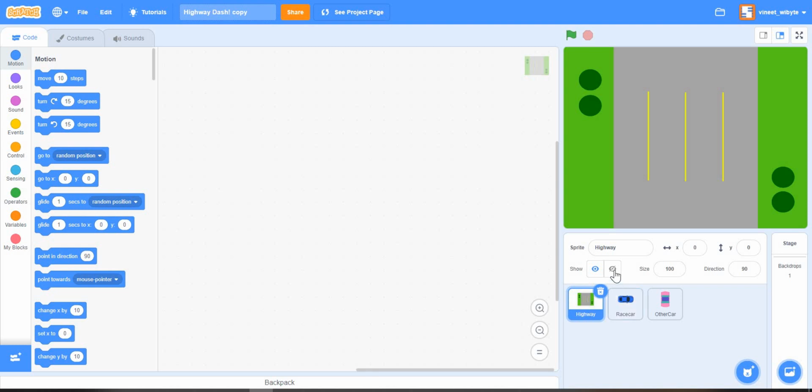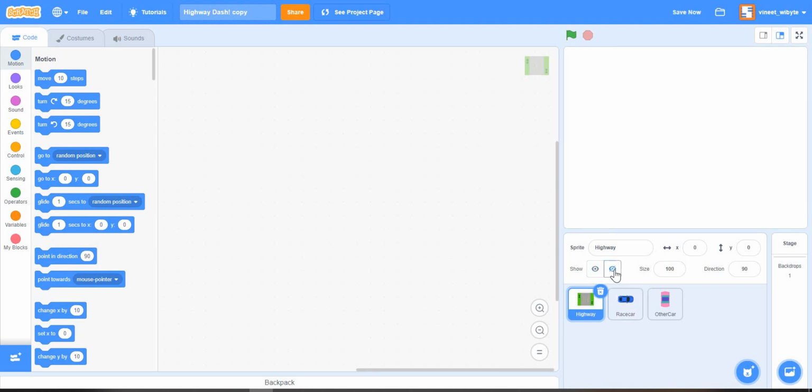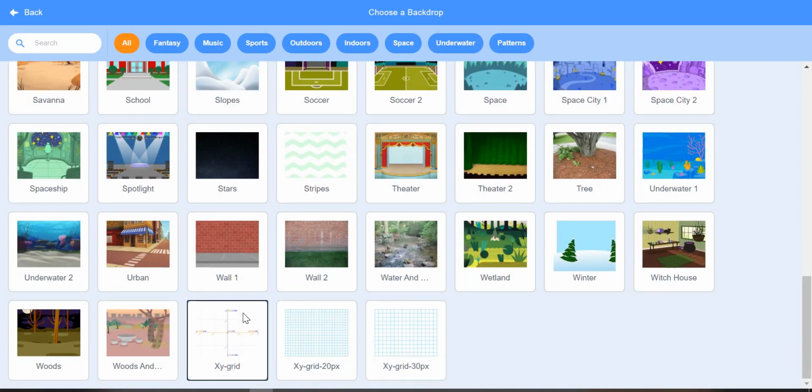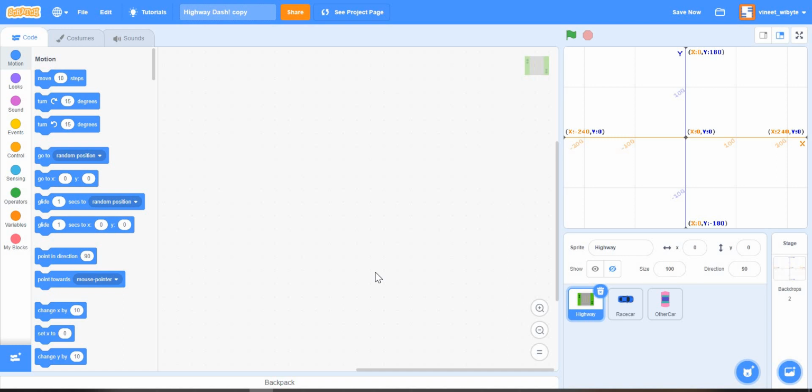And before I start writing any code, I want to show you a backdrop which is very interesting in this case, which is this XY grid. If you look at this XY grid, we will remove this in a moment, but just for now, you notice that our screen is really going, in the vertical direction, from plus 180 to minus 180. In the horizontal it is of course plus 240 to minus 240.